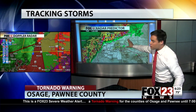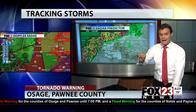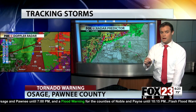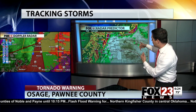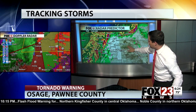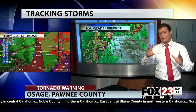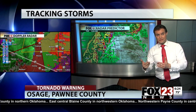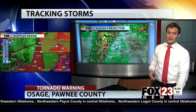So through 1:30 and 2 o'clock, we're still dealing with tornado threats, but overall models are indicating perhaps a little bit more of a quick spin up along the line as opposed to a more heightened threat out in front of the line. By 3:30, 4 o'clock in the morning, we see more of that line trying to work its way on through. It will likely be noisy at times. We'll be dealing with heavy rain, potentially some stronger winds along that line as well as they organize into that